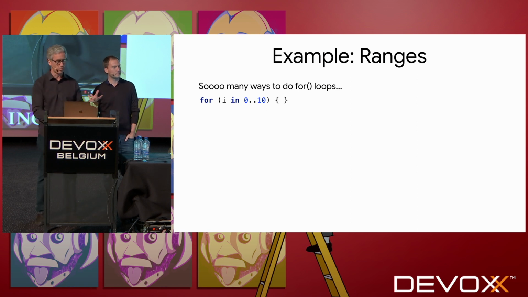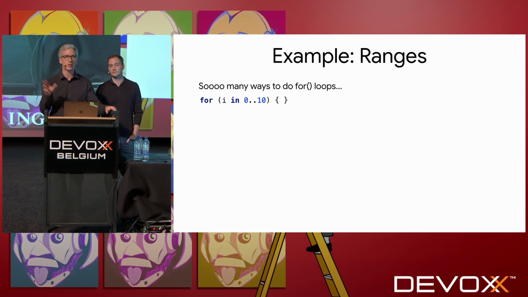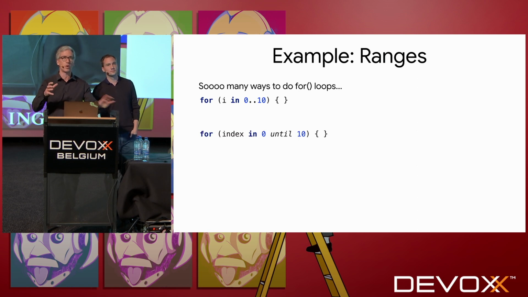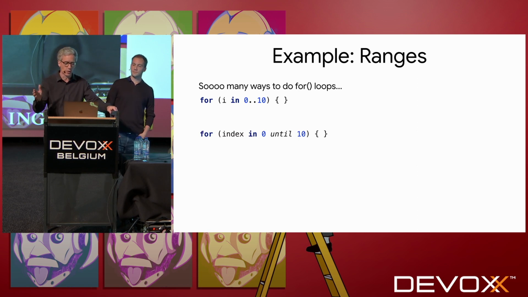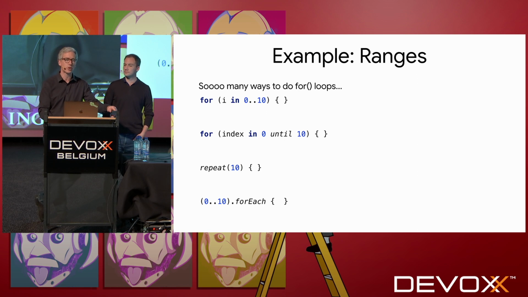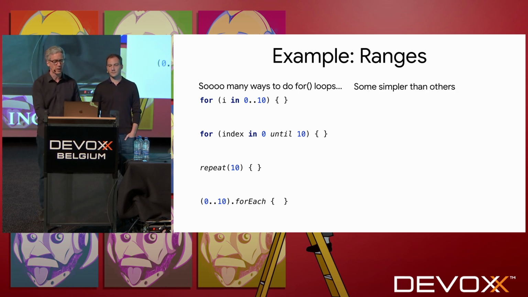So there's the for loop, where we say I in the following range, inclusive of the final value, or we could do the one that's exclusive of that final value, so we go until 10 instead of including it, or we could repeat a lambda a certain number of times, or we can do a forEach call on a range. They kind of all look the same to me, off by one error, but otherwise they're very similar. So what do they look like